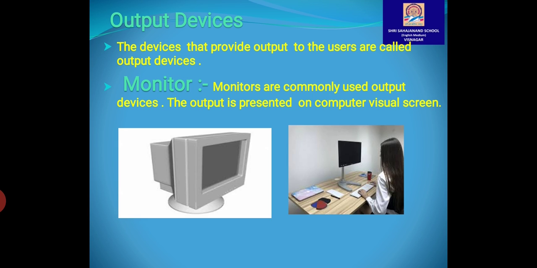Cathode ray tube monitors and flat monitors are used to display information. Here is the figure about it. Typical monitors and, at present, flat monitors are very important because they are thinner in size and lighter in weight. Flat monitors use the technology of liquid crystal display and light emitting diodes.